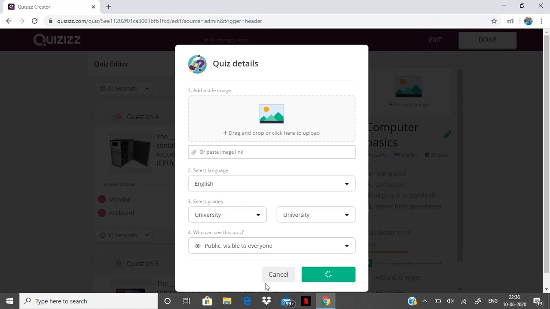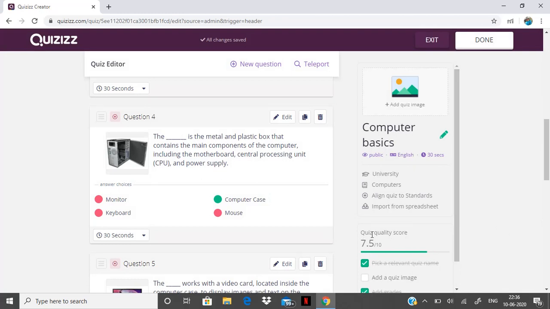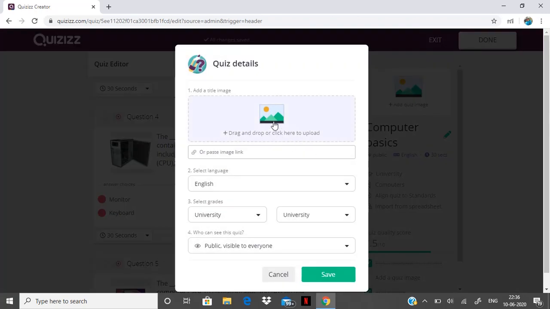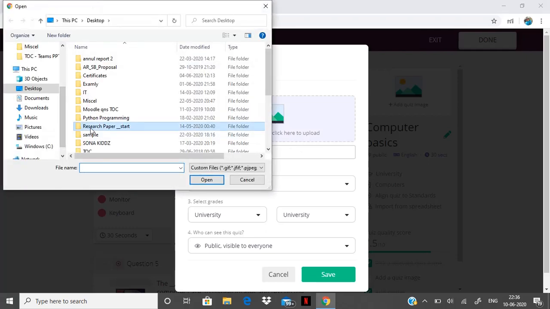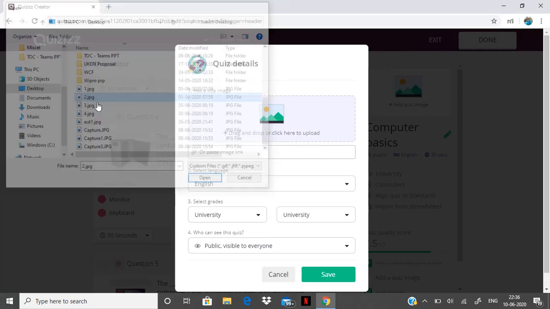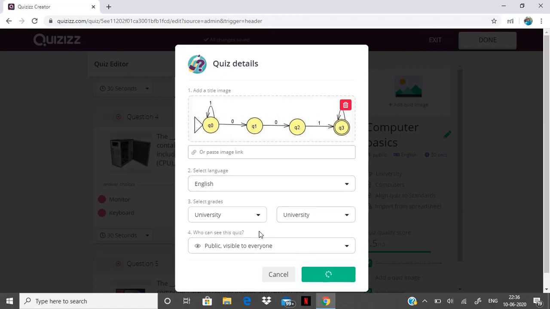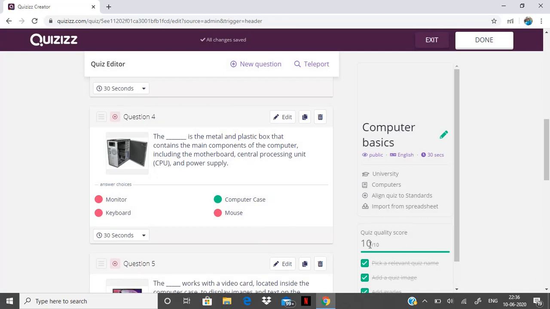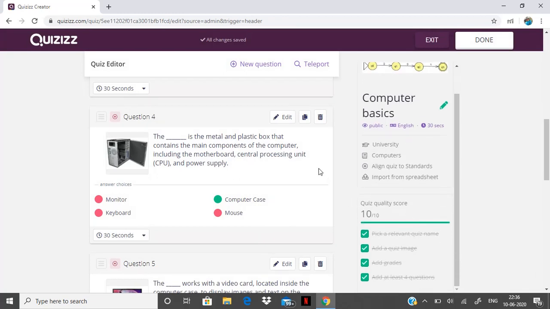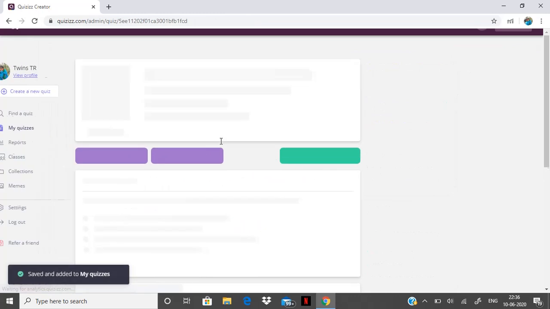Okay, click save, and you can see the quality score is increasing. Even if you add an image to this quiz, you will get 10 out of 10. Clear? I will show you how to add an image to the quiz. You can see 10 out of 10, so it becomes a complete quiz. If it is done, you can click done in the right top corner of your screen,